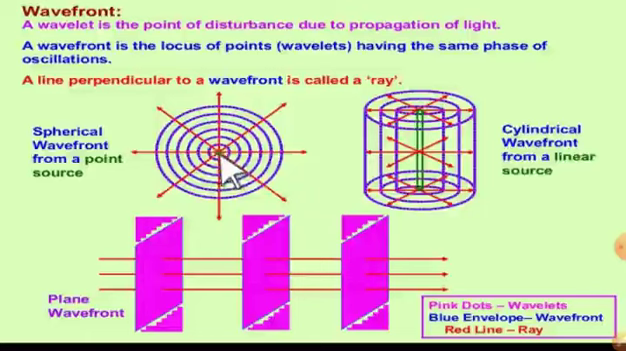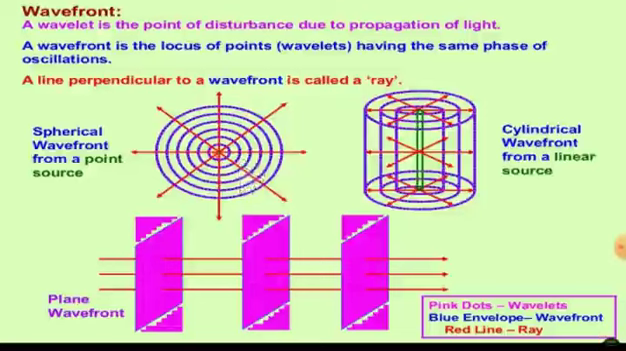Suppose you have a light source here, a point light source. A point light source means it is small as a point, or rather you can take it as a small spherical source of light that can be considered as a point source. So from this point source, what happens at a particular time t,